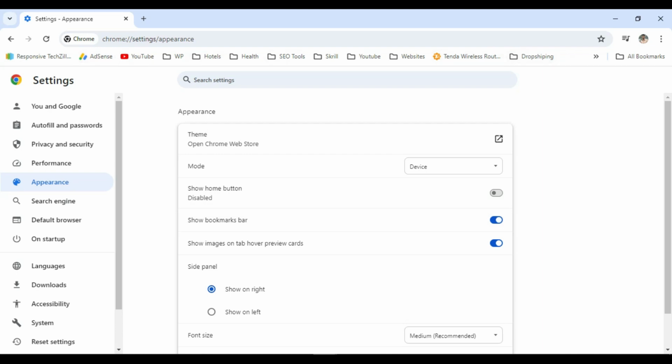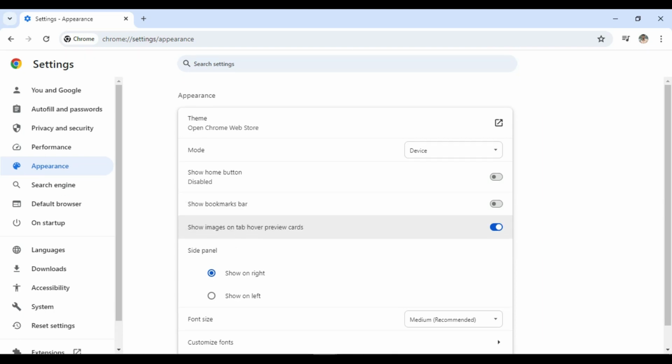Okay, so now we are clicking this toggle option to hide this bookmark bar. Okay, this is already clicked and the bookmark bar is hidden. And if